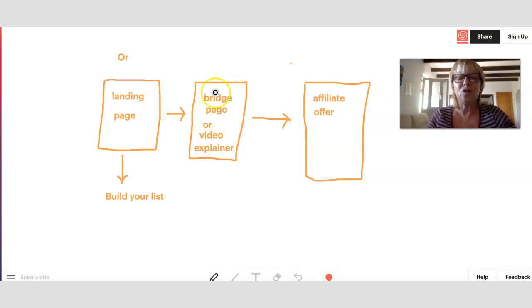A little tiny video that you can put onto that page, and then another link that leads them into the affiliate offer that you've just been explaining to them on the bridge page. So that is two different methods, folks, of having a funnel to promote affiliate links